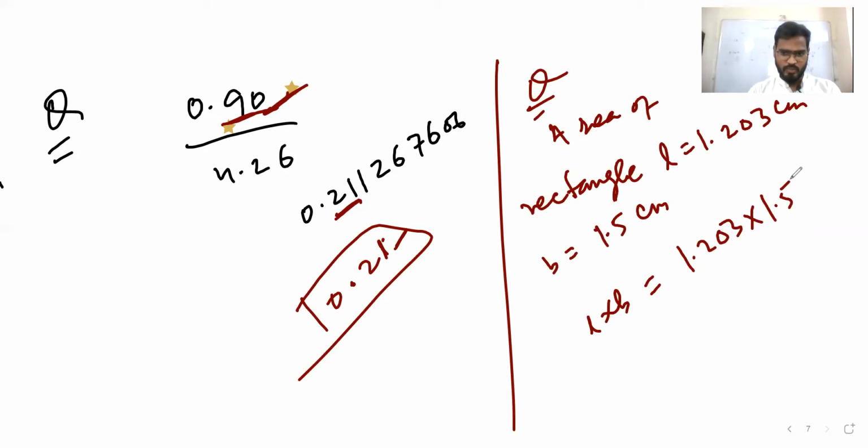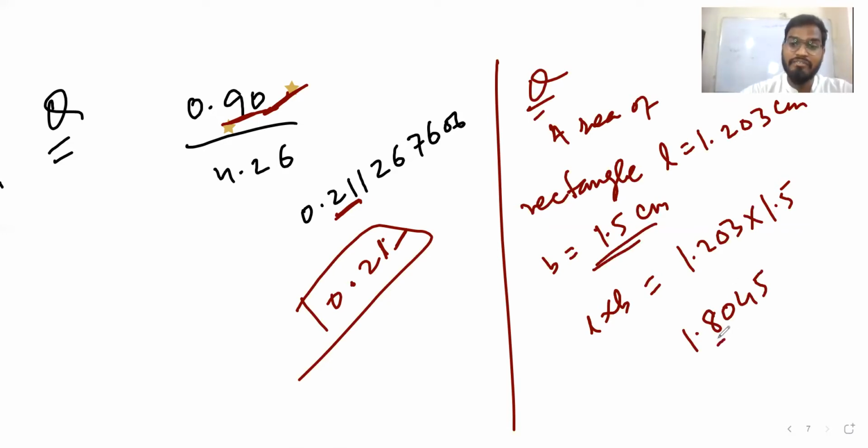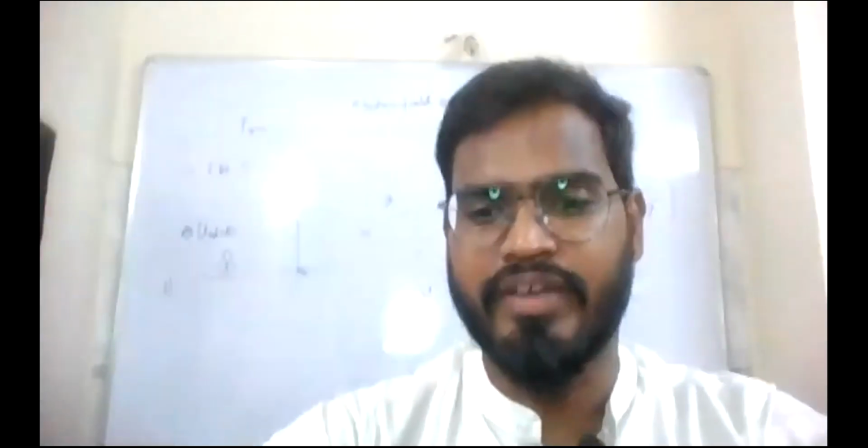So 1.5 multiplied by 1.203 gives 1.8045. So we should keep 2 significant digits. So we got 8. After that it is 0. If it is 0, then it is going to stay the same, right? So 1.8 is the answer. Hope you guys got it. Achha, one more thing: a constant like 10 to the power 4 or 10 to the power 5, we are not going to consider, right? So till here, we'll see some other topics in the next class. Fine. So we have completed significant figures properly now.